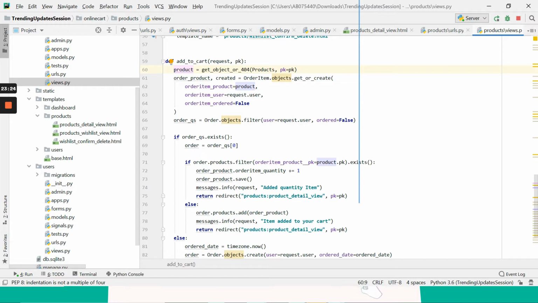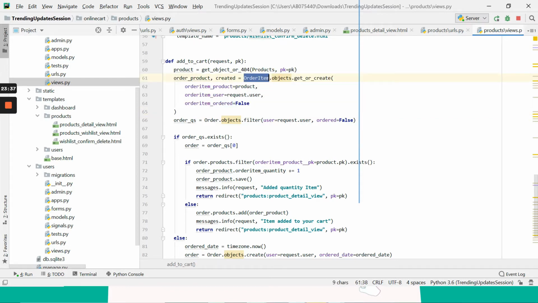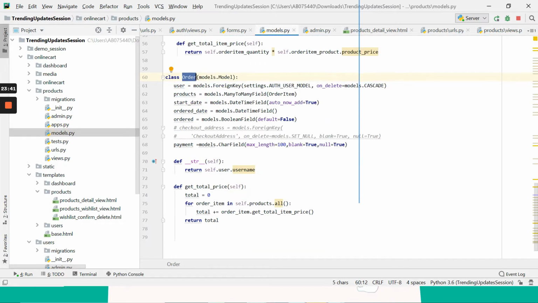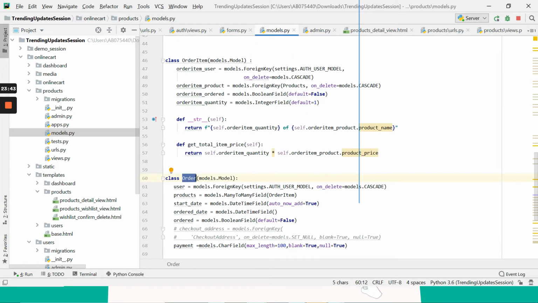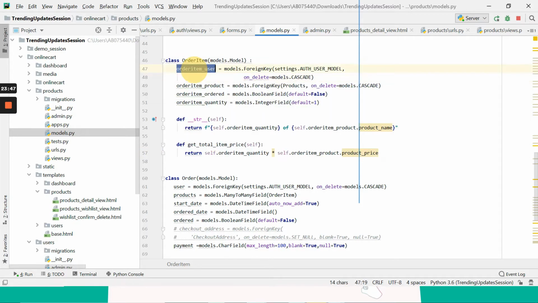If the ID is present, then only it will go on. And then you can see first we are creating an order product, which is an order item. You can see here in the models there is a model called OrderItem that we have already created. It will store the user, product, order and quantity.